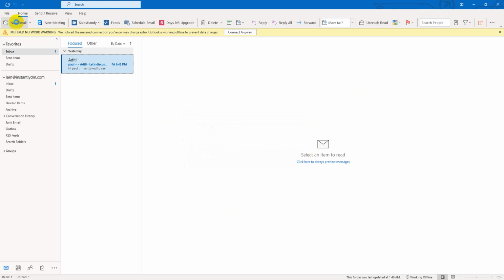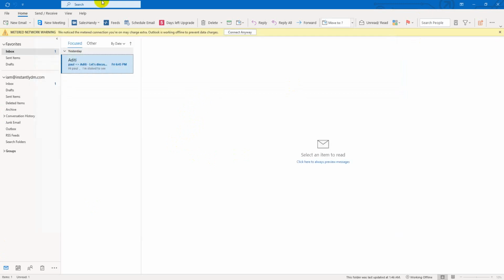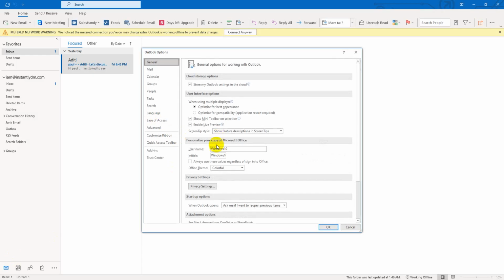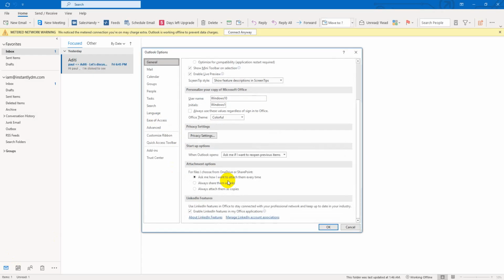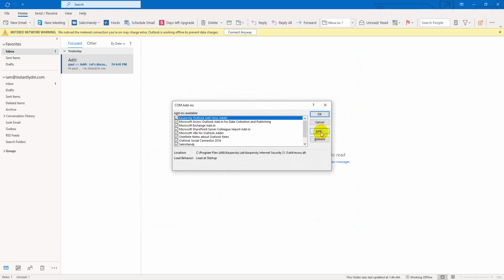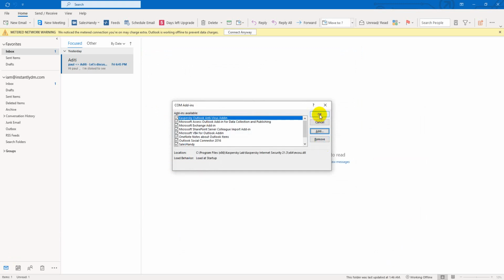Then click new mail. Option, then click add-in and select Sales Handy and click go. Just add. Okay.